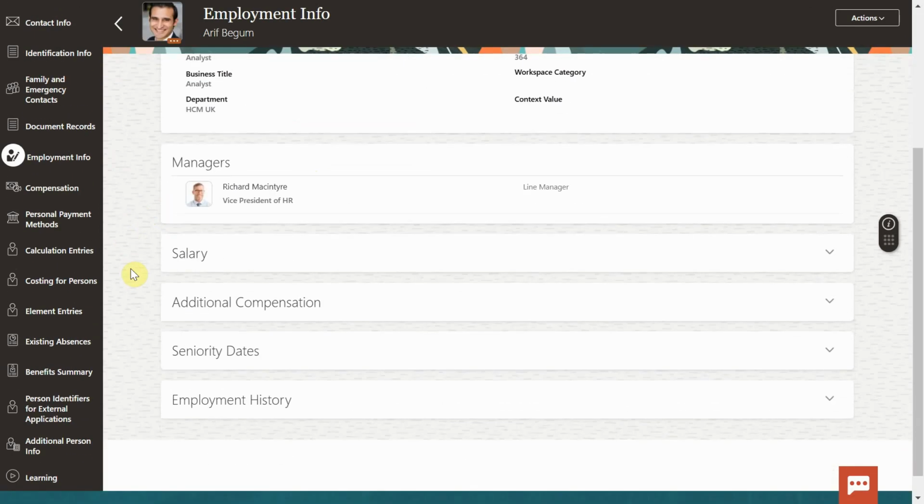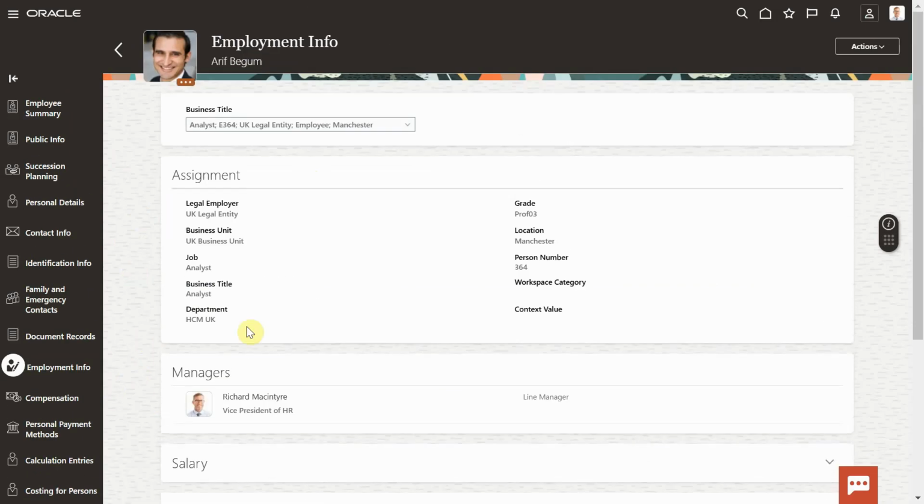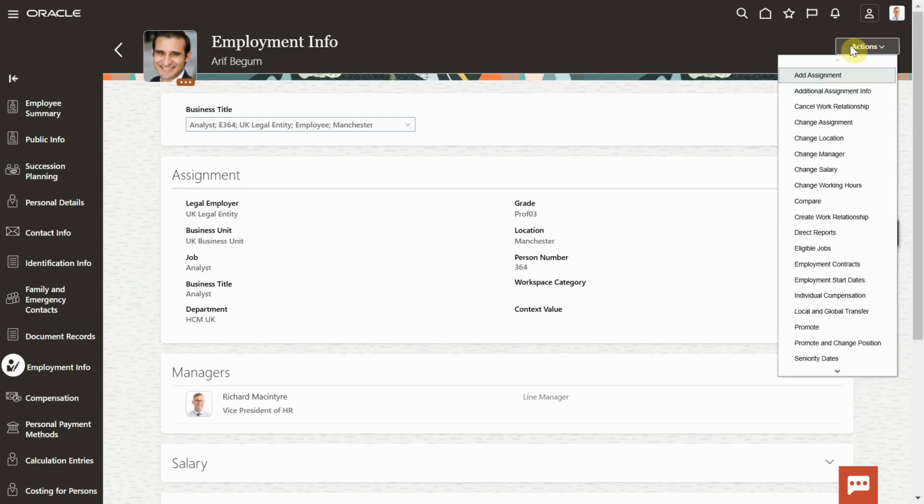You can look at various other things: absence information, maybe what benefits he's got, where he's at from a learning perspective. And if we click on the Actions pull down, as Arif's manager, Richard can then do various things. He can change the work location, look at any direct reports, which we mentioned already, and promote